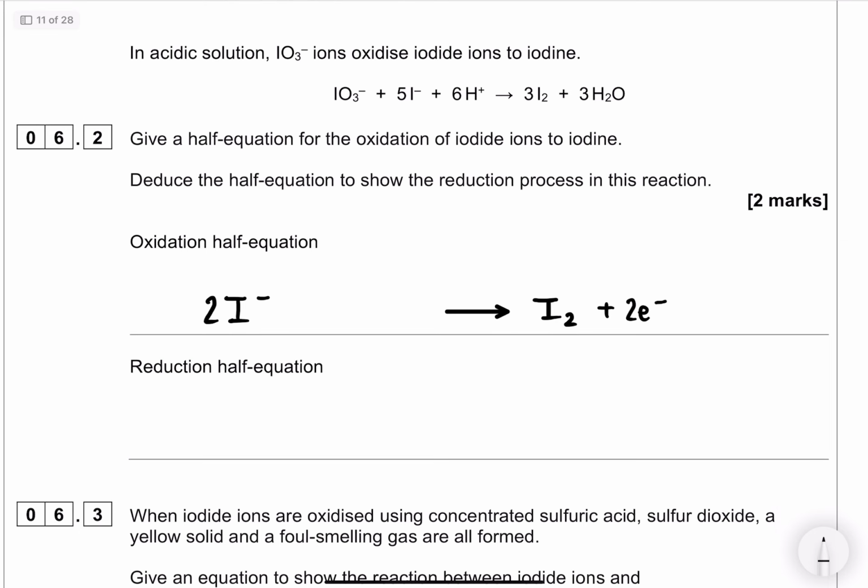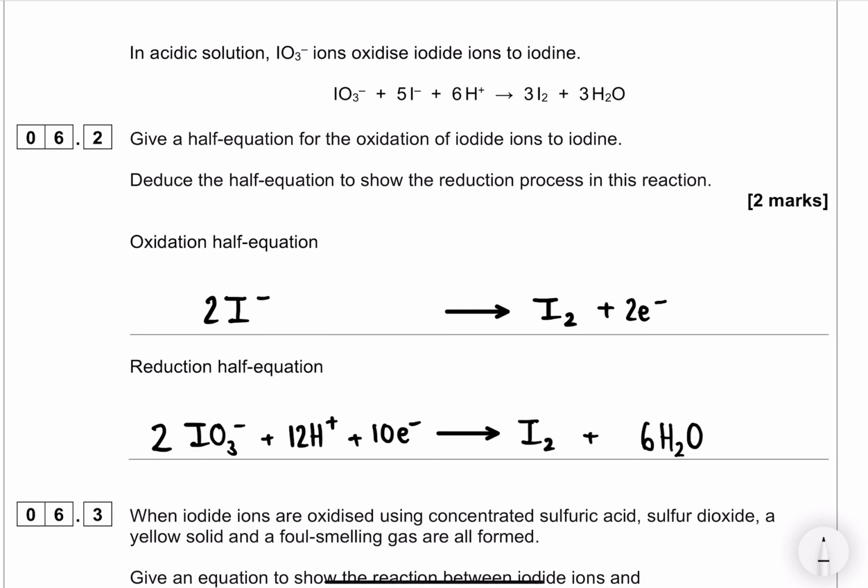And then we want to do the reduction process, which would be the iodate ions going to iodine. So again, balance the iodines with the 2. Now we're going to add water to balance the oxygens. So we've got 6 oxygens now on the left, so we're going to add 6 waters to the right. Then we're going to balance the hydrogens with acid. So we've got 12 hydrogens, so we're going to add 12 hydrogen ions. And now we're going to balance the charge. There's no charge on the right, and there is 12 positives and 2 negatives, so we're going to need 10